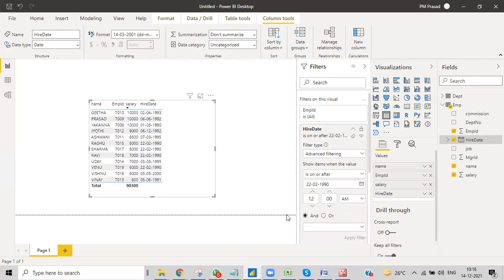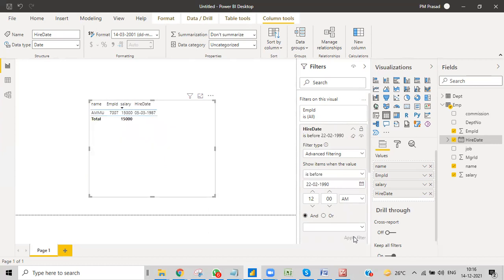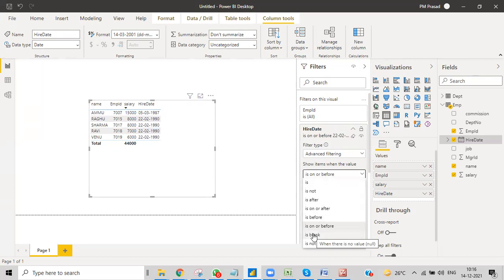Obviously these many people were recruited. And then is before this date: how many people were recruited? Only one guy was recruited before this date. Is on or before: those dates will also be included. Then like is, yep. Go ahead.